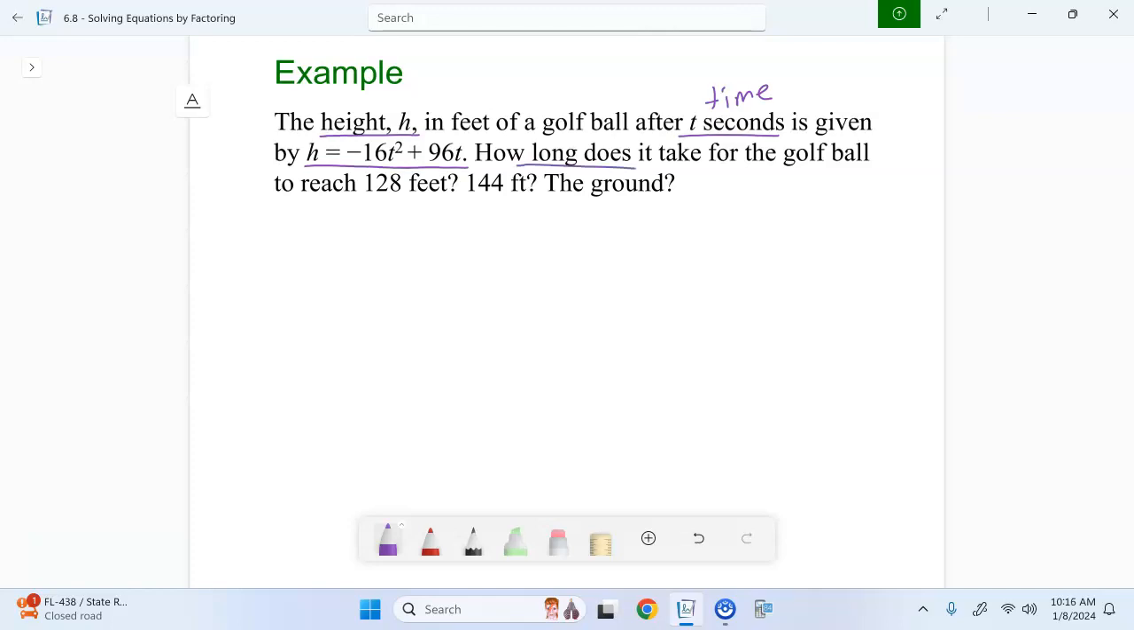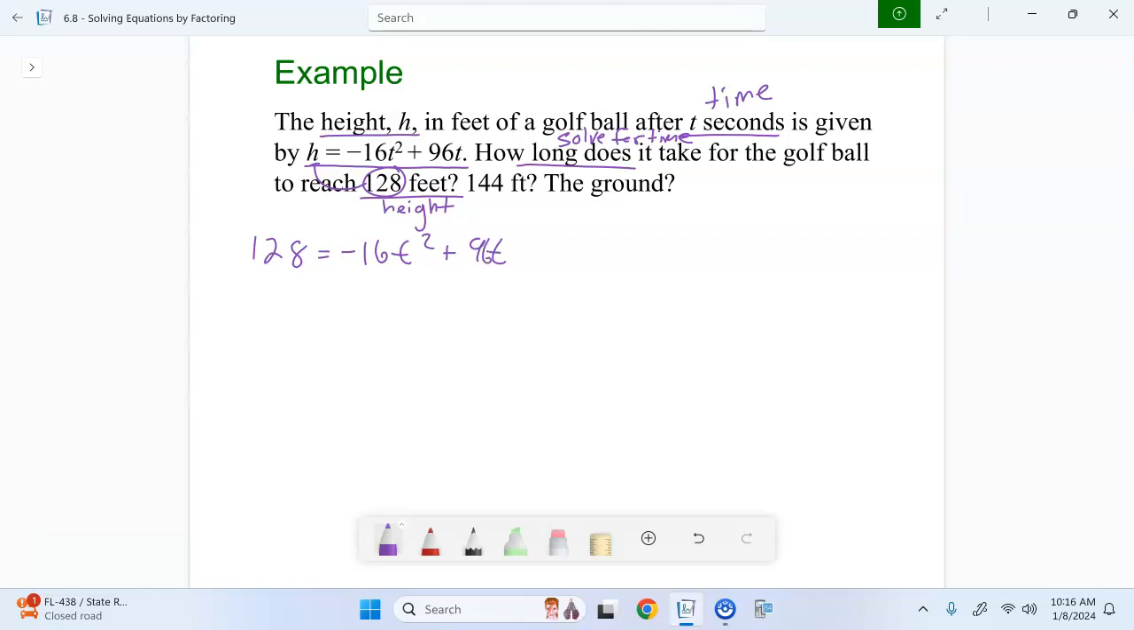Looking at the information given, how long does it take? That's saying solve for time. So we're solving for t. For the golf ball to reach 128 feet, well, that's a height. So they told us what to use for h. We're going to take 128 feet and substitute it in for h. So 128 equals negative 16t squared plus